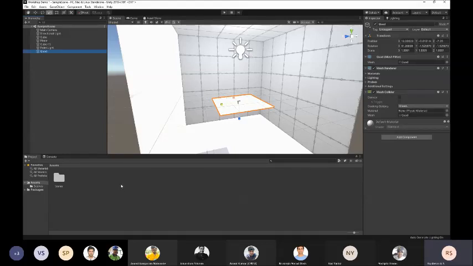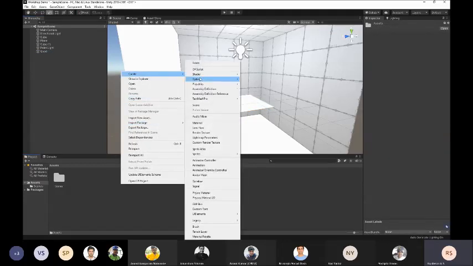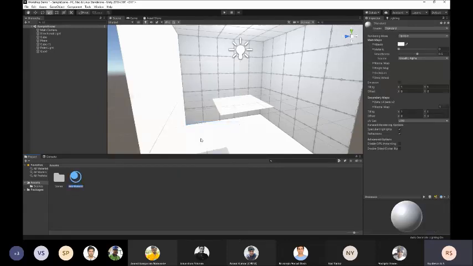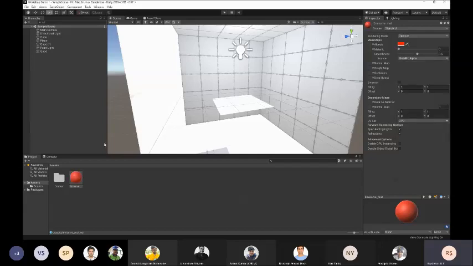For that we need to create a material. I'll get into the details about the material in the next 10 minutes, I think. But for now, I'll just quickly create a material. I'll call this emissive. Give it a color.